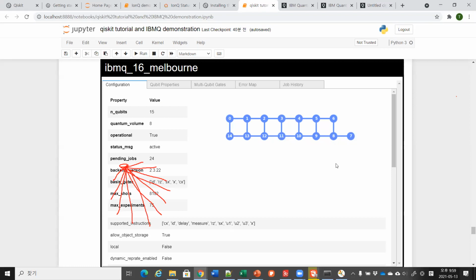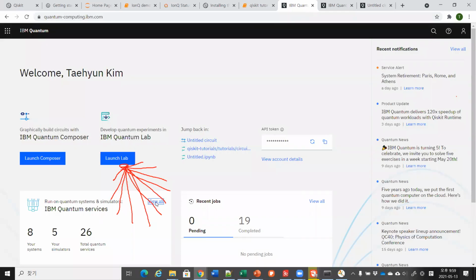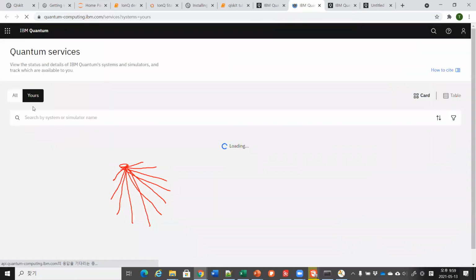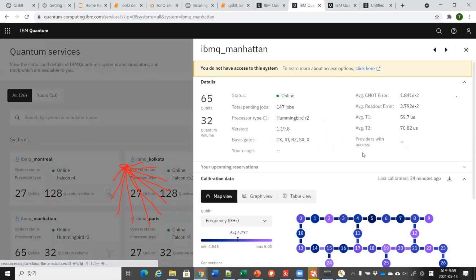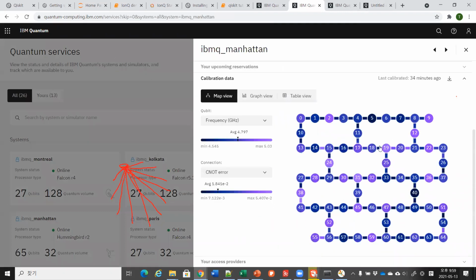Let me also open some other case. Again, I don't have any access to this machine yet, but as you can see, it has 65 qubits, but most of the qubits are not directly connected to each other. So, for example, if you want to do any quantum operation between this qubit and this one,